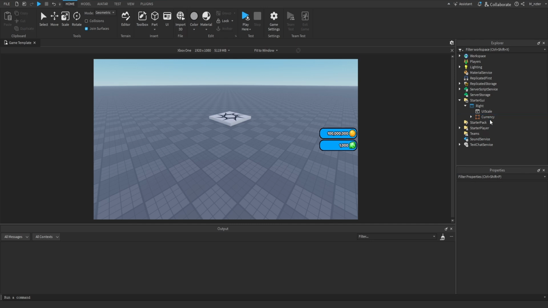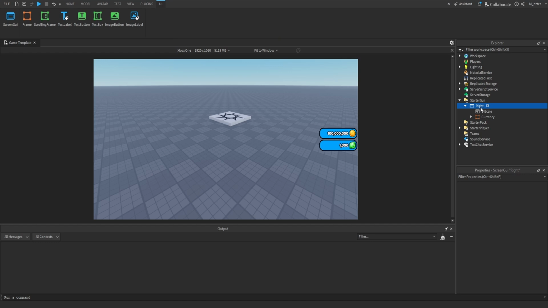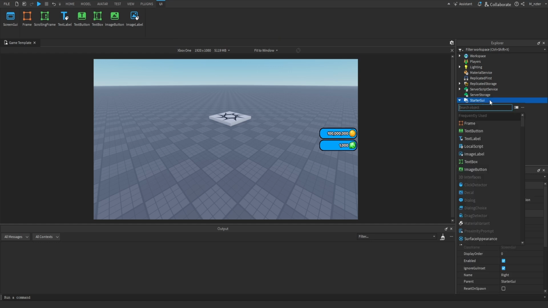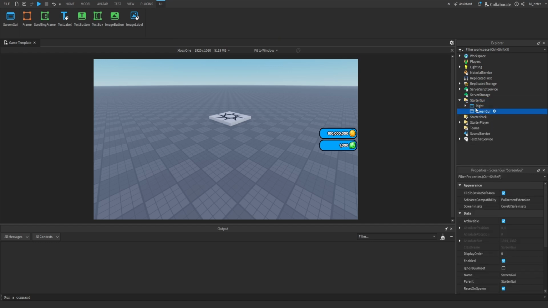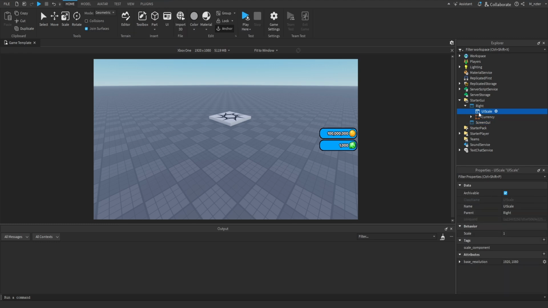Anyways, I'm going to go ahead and delete one of these UI scales because your GUI only ever needs one. So essentially, anytime you create a brand new screen GUI, set up your entire GUI and create the entire thing. Then what I would recommend is to just duplicate the existing UI scale and drag it inside of the screen GUI, and then boom, there you go. As long as you haven't changed your base resolution, then you don't need to change anything about this.